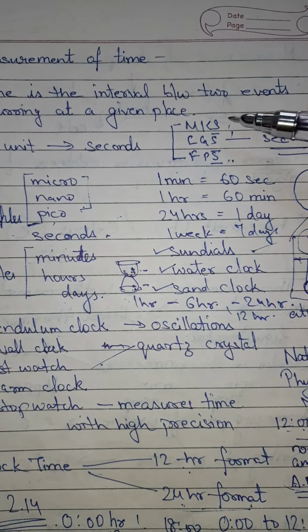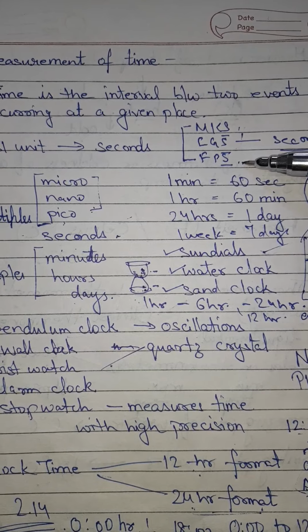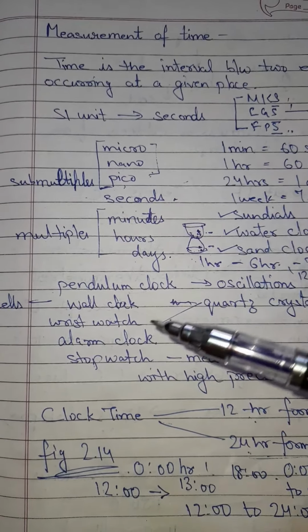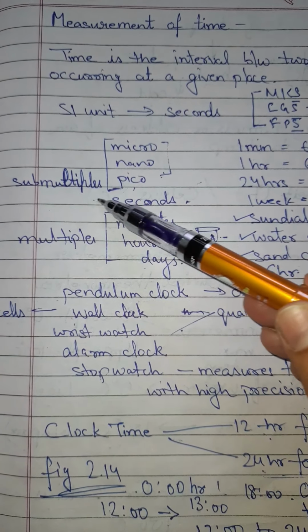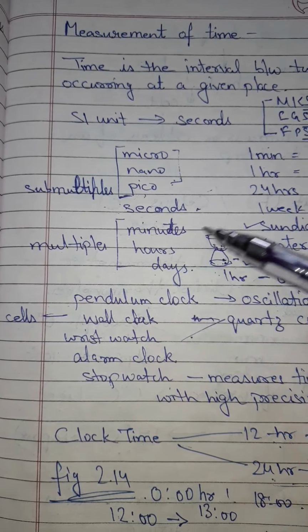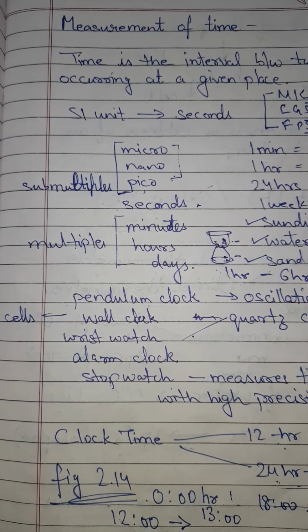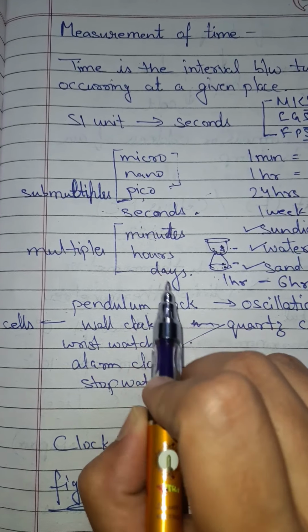Now, the unit seconds is used in all the three unit systems which we have studied. Now, the other part which is interesting is that we do not use the sub-multiples of seconds normally. We only use the multiples. Although the sub-multiples of seconds are pico, nano, micro, we only use the multiples, that is minutes, hours, days, even